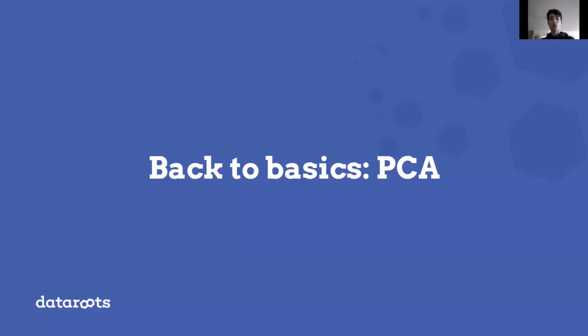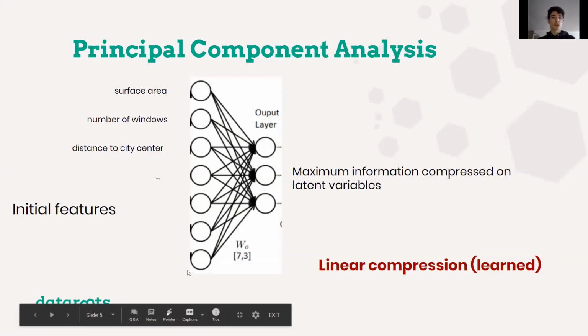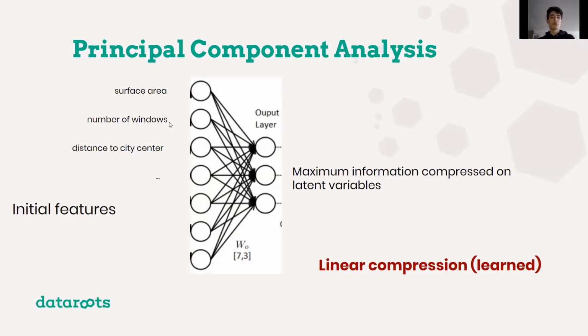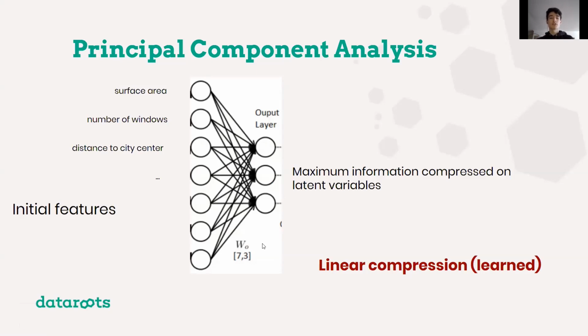Let's start with the most basic one that you maybe heard about if you studied a bit of intermediate statistics, which is PCA, Principal Component Analysis. The idea is that you have information, for example different features for a flat: the surface area, the number of windows, the distance between this flat and the city center, this kind of stuff. And you would like to reduce those 7 pieces of information into 3 by using the correlations